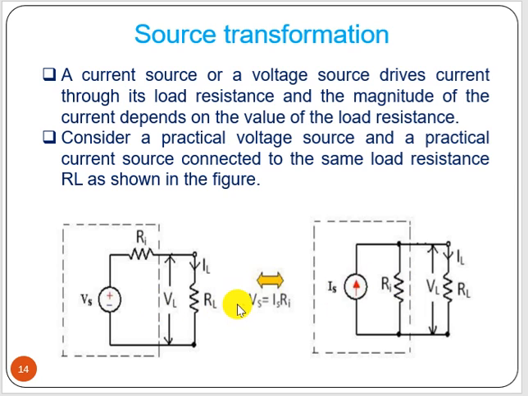How? Now Vs equal to IR. So what will be I? I equal to Vs by Ri. So Is will be equal to Vs by Ri, in parallel with the resistance Ri. So simple, it is a practical voltage source with load resistance. What is the current flowing through this, that we have to find out. Now that is equal to the voltage drop Vs equal to Is into Ri. So Is equal to Vs by Ri, and in parallel with Ri.